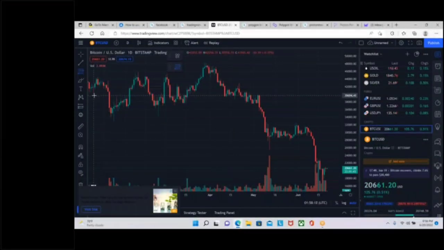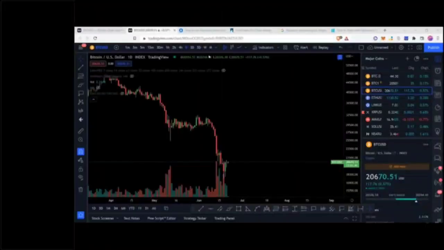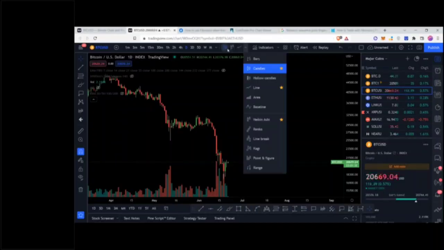Now, an easier way to find these swing highs, swing lows sometimes, for those that are having trouble identifying where the highs and the lows are, you can easily take your candlesticks. For those that don't have the rest of these starred, you can hit the candlestick. It should give you a drop down, and you can change it to a